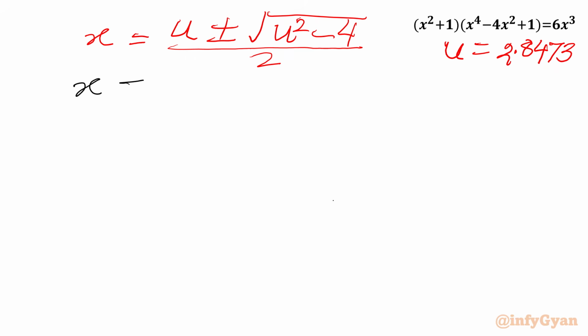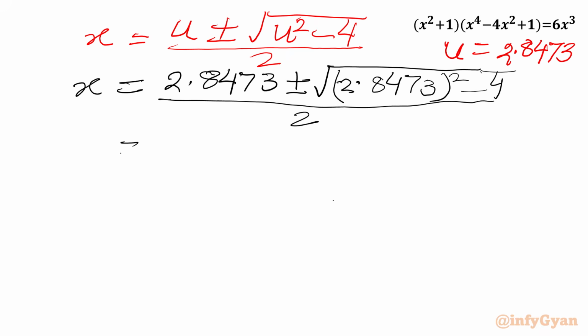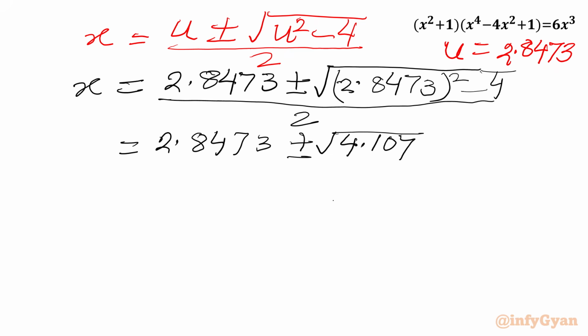We will get x equal to 2.8473 plus minus square root of 2.8473 whole square minus 4, over 2, which will be equal to 2.8473 plus minus square root of 8.104 minus 4. I am writing here square root 4.104, over 2, which will be equal to